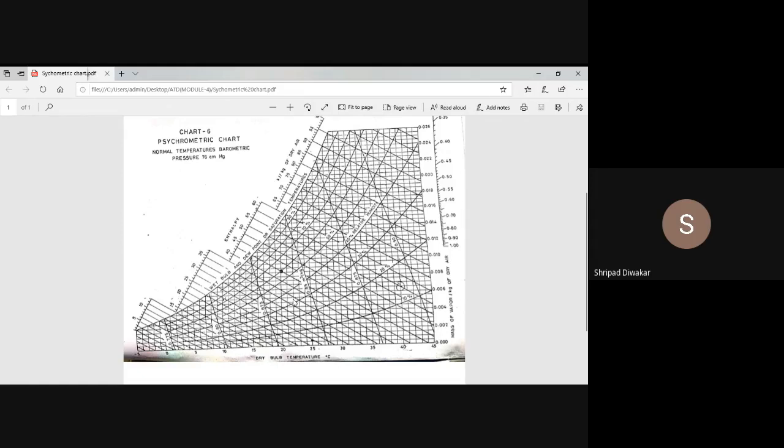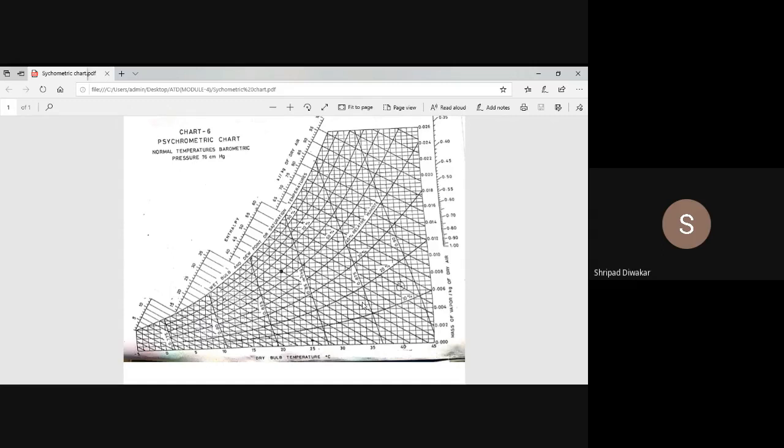When the point lies exactly in the middle, by seeing the location you will come to know whether it is nearer to this line, nearer to that line, or exactly in the middle. Only if it is in the middle do you take the interpolation. If it is nearer to a particular line, you take that line's value only. Don't take the other value. Location is the most important thing there. So take one example, say 30% relative humidity and 30 degree DBT, and try to analyze it.